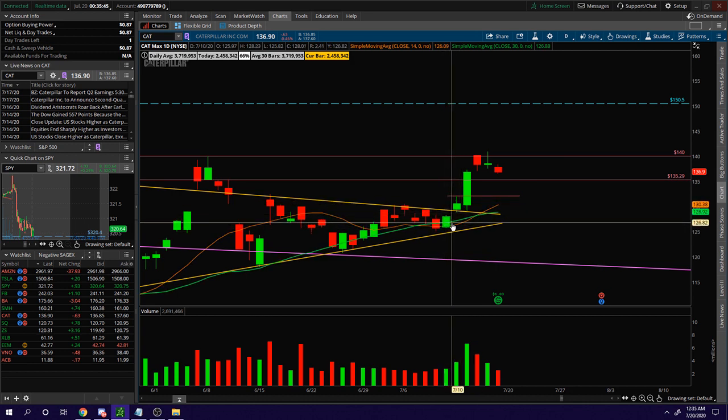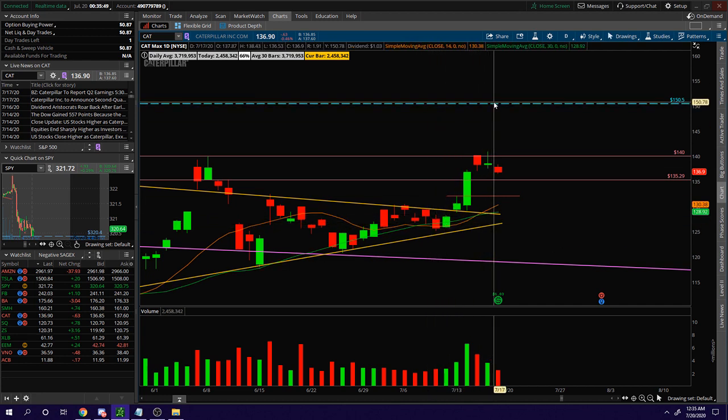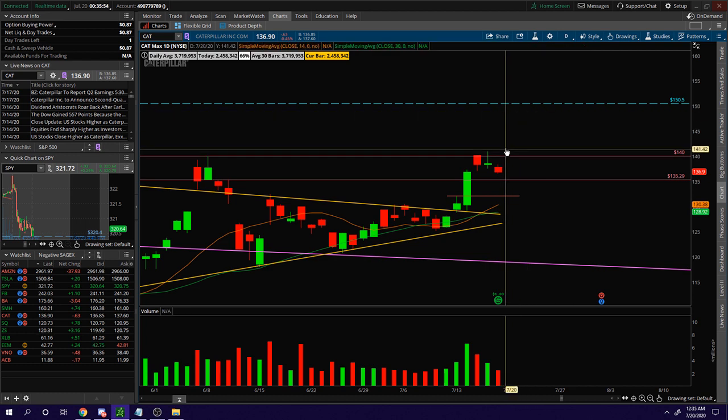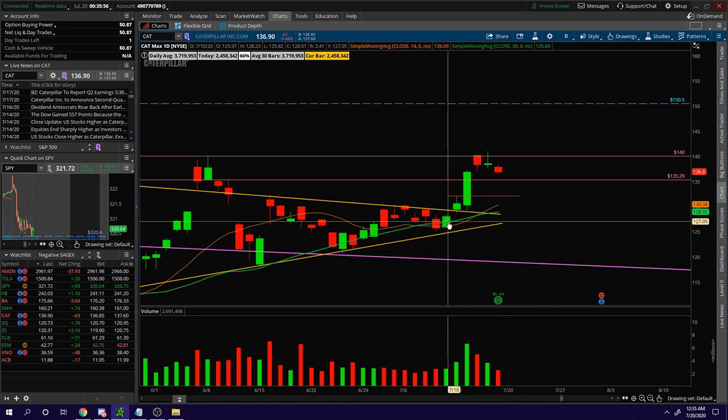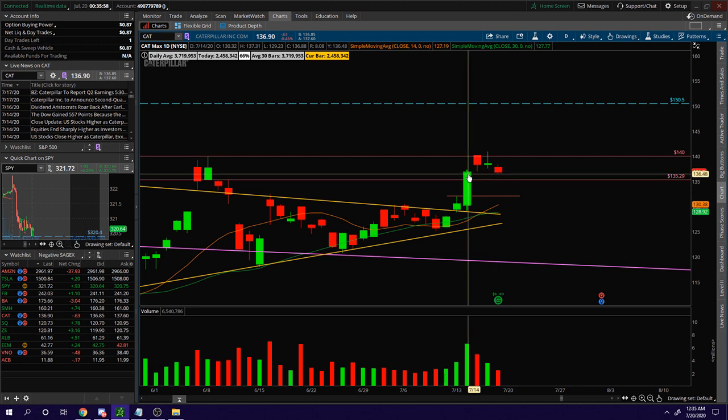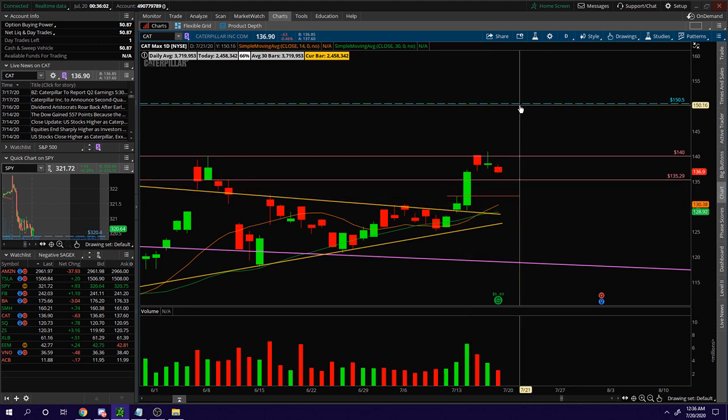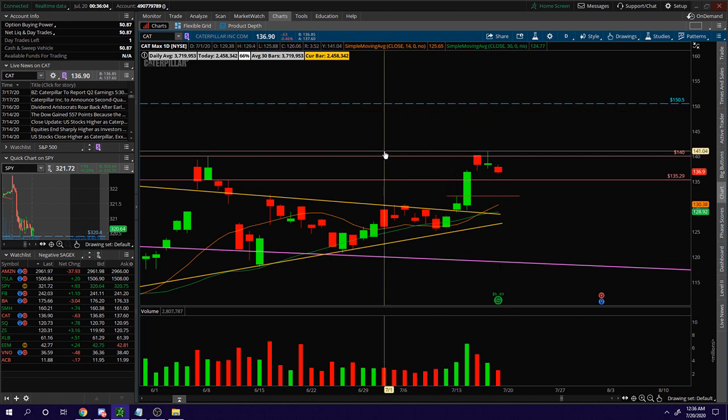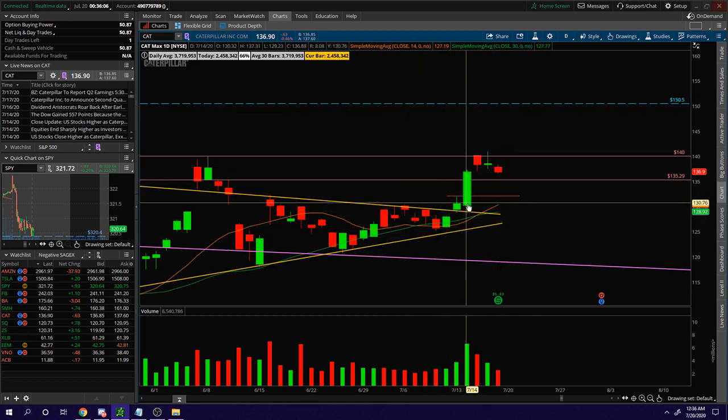I got in somewhere along in this consolidation, and my calls are 150 strike. I'm trying to hold into the earnings run up. I was up very nicely on these 2 days right here because my volatility was up so high. My contract strike price is 150, so they're super out of the money. But I was up so nicely on them because the volatility increased so much on this day right here that